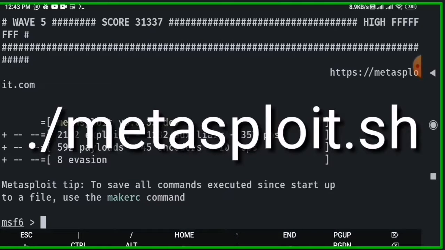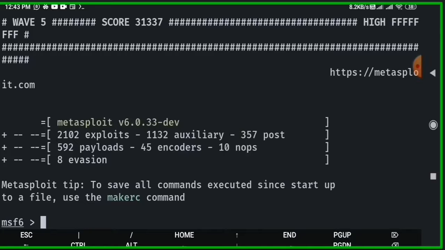If you face the problem again, run ./metasploit.sh again. If you still face this problem, try again after 15 minutes, because it's your internet connection problem. I'm 100% sure it's working. If your internet connection is good, your Metasploit installs successfully in 20 minutes. If you face any problem, type ./metasploit.sh and run these commands again.